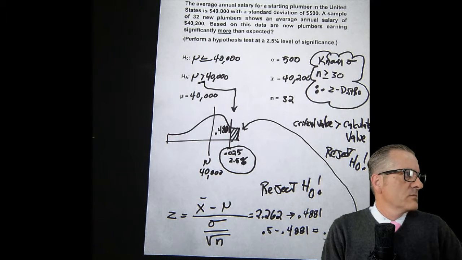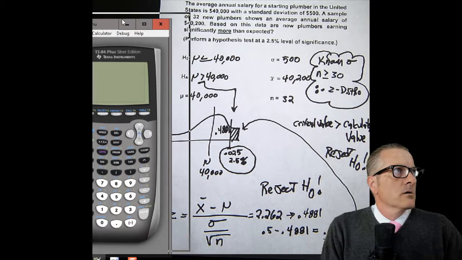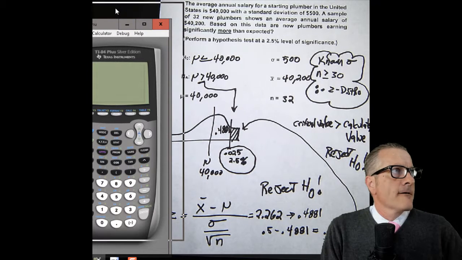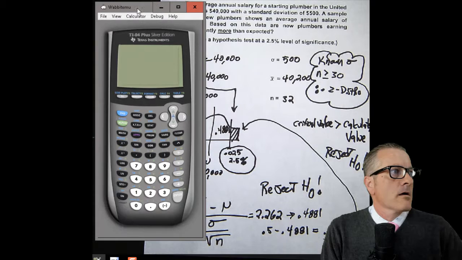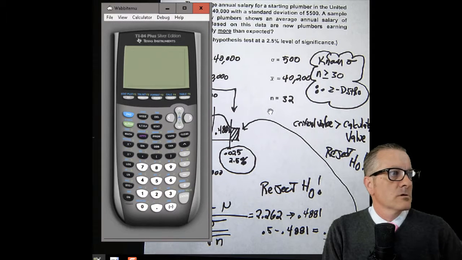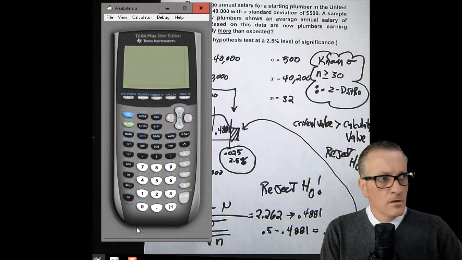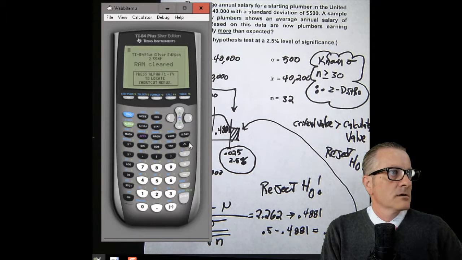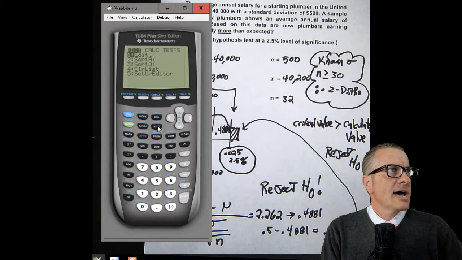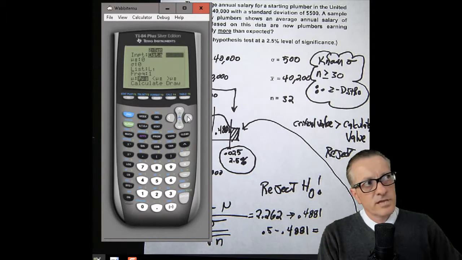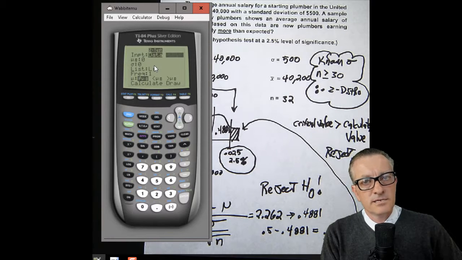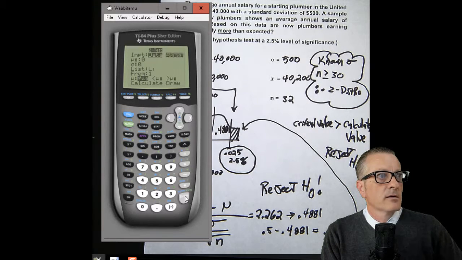Let's see, I have the emulator minimized. Make sure we're on the screen here. Okay. So in the calculator, what we're going to do, make sure that's on, clear, and we go to stat, go to the tests, and then we are doing a z-test. So we hit enter, and we are going to do stats. If we do data, we have to load up lists that we already have set up, but we're not doing that. So we do enter.